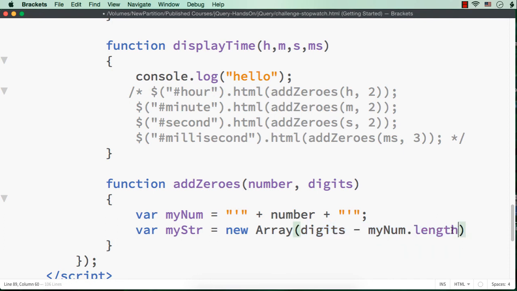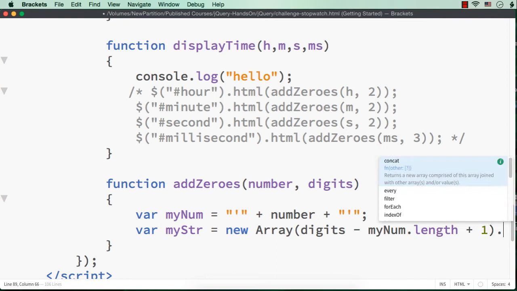So if we want to have 2 zeros, suppose this value is 5, that is the millisecond value is 5. So digits will be 3, obviously for milliseconds. So 3 minus length of 5, which is 1, is 2. So we need to have 2 zeros, which means we have to add one more. That is, we need to specify 3 if we want to have 2 zeros, right?